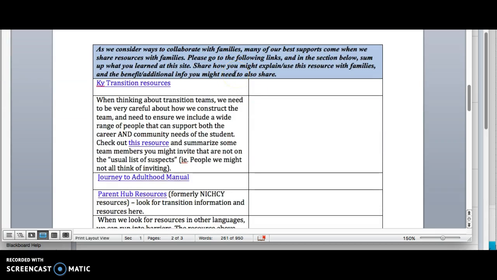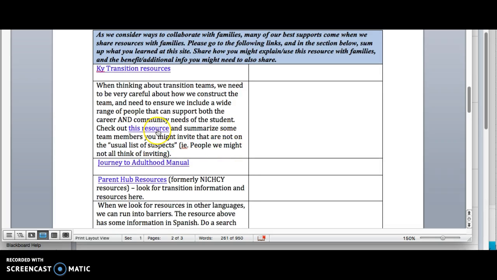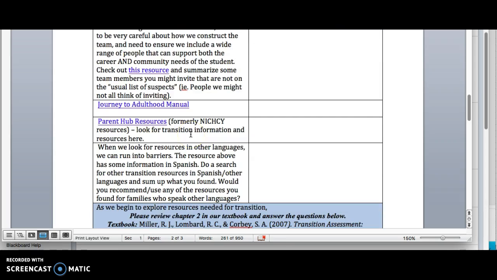And then next I want you to start thinking about families. So we've looked at co-teaching or our other professionals. We've looked at related services. Now let's look at families. Kentucky Transition Resources have some fantastic links that will be helpful for families. There's also some other great resources from NCSET that gives some great guidance that we can use to look at how team members can support